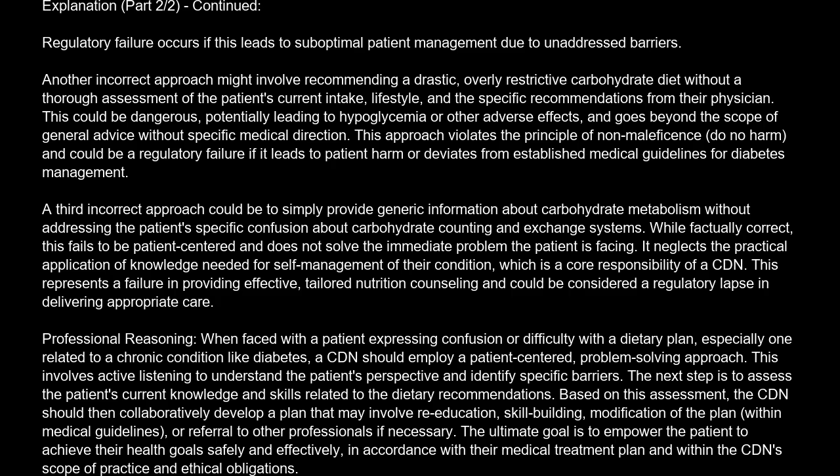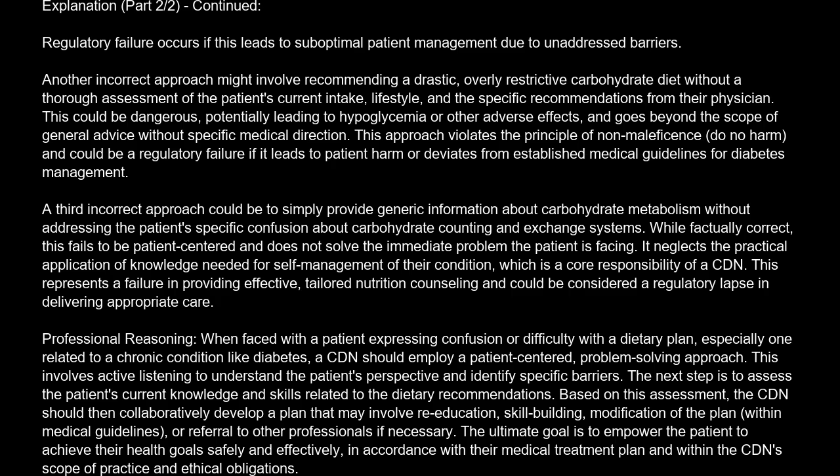A third incorrect approach could be to simply provide generic information about carbohydrate metabolism, without addressing the patient's specific confusion about carbohydrate counting and exchange systems. While factually correct, this fails to be patient-centered and does not solve the immediate problem the patient is facing. It neglects the practical application of knowledge needed for self-management of their condition, which is a core responsibility of a CDN. This represents a failure in providing effective, tailored nutrition counseling and could be considered a regulatory lapse in delivering